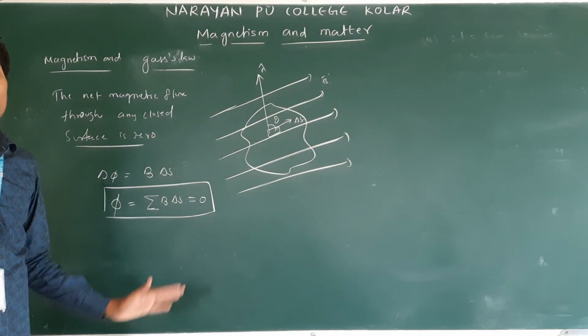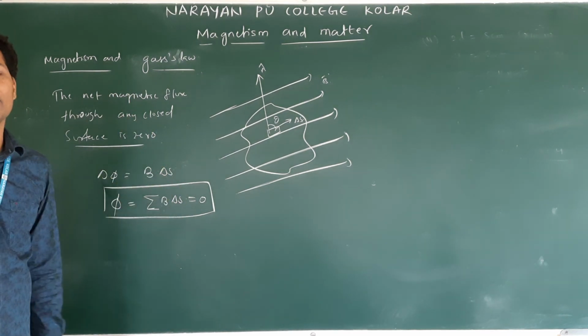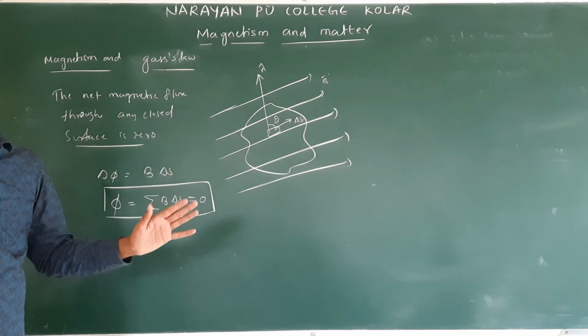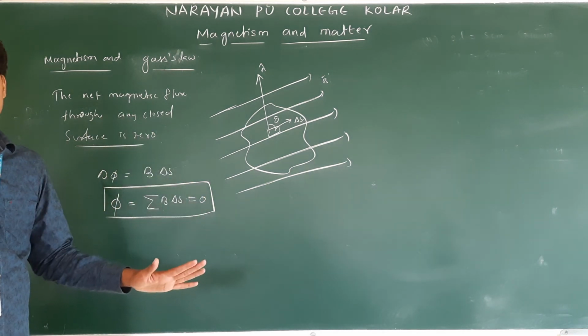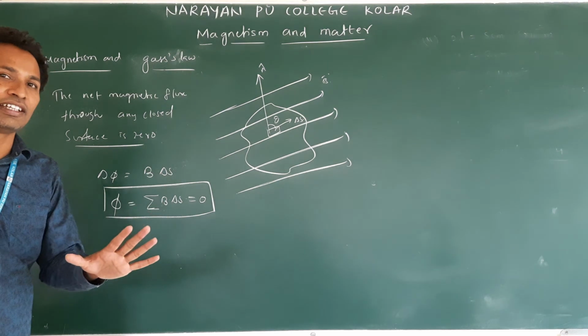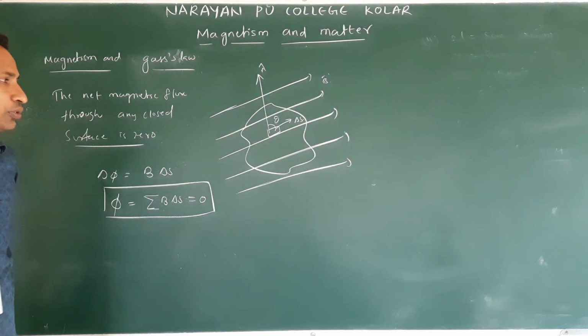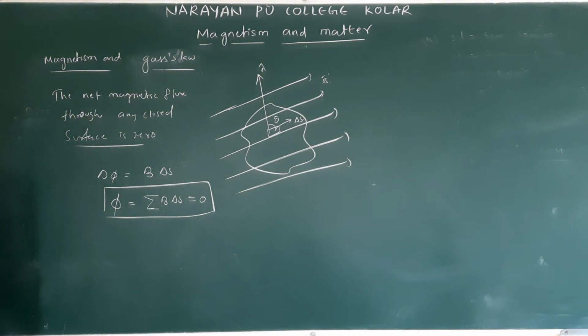They will ask: state and explain Gauss law in magnetism, or state and explain Gauss law in electrostatics. They will ask the question very clearly, but you people will get confused. So please concentrate on this statement and equation. Clear? Okay. Next we shall have a discussion on Earth's magnetism.